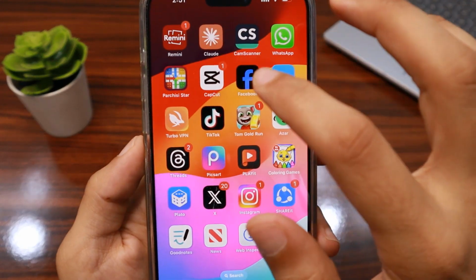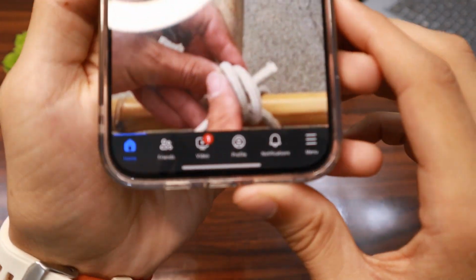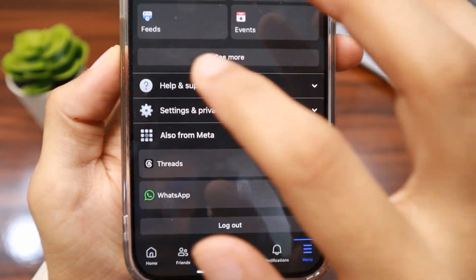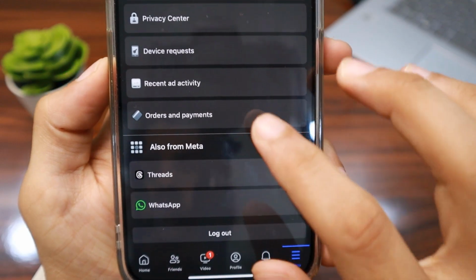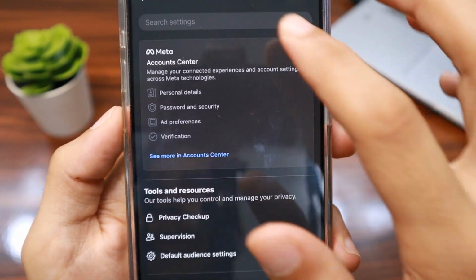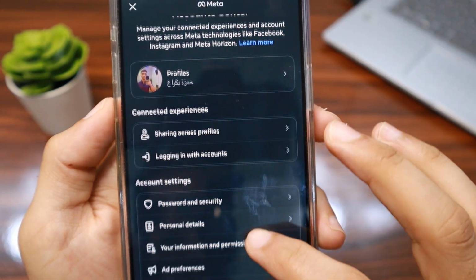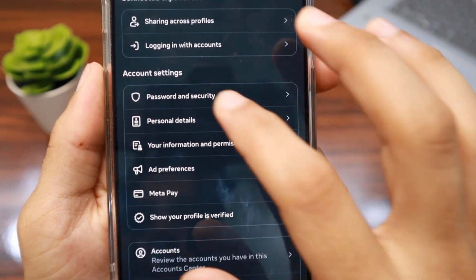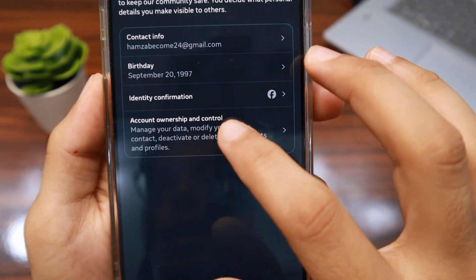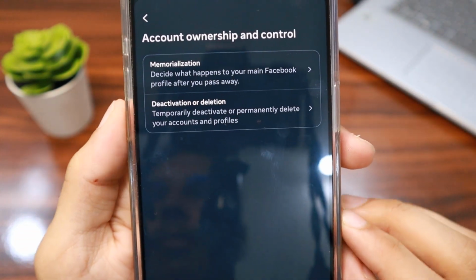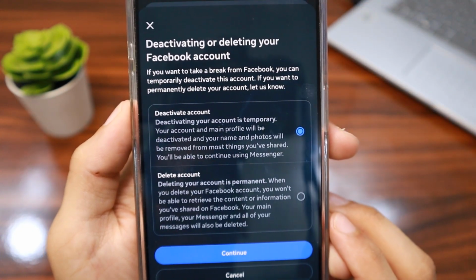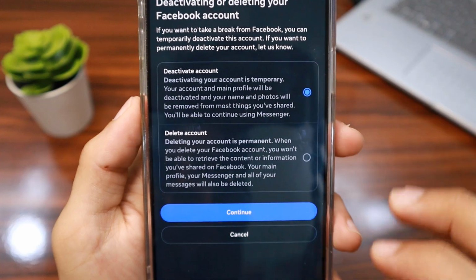So first, tap on Facebook, then tap on menu, scroll down and tap settings and privacy, then tap settings and tap here, scroll down and tap personal details, then tap account ownership and control, then tap deactivation or deletion, then tap your account and tap deactivate account and continue,